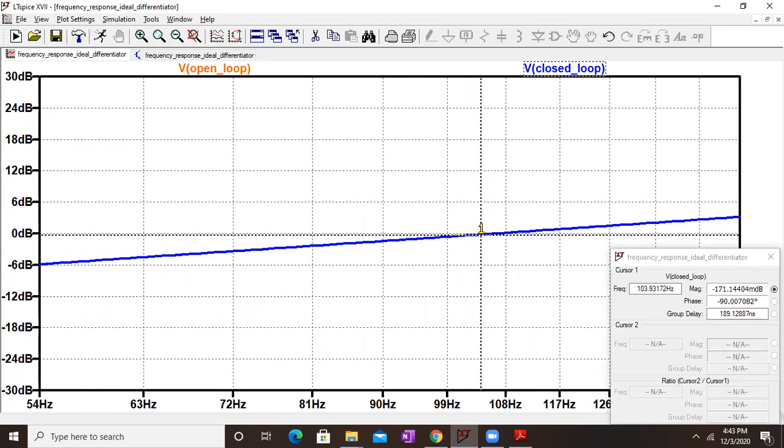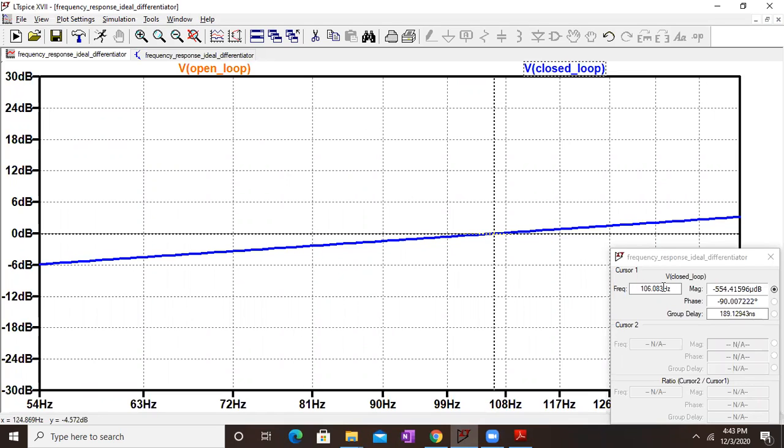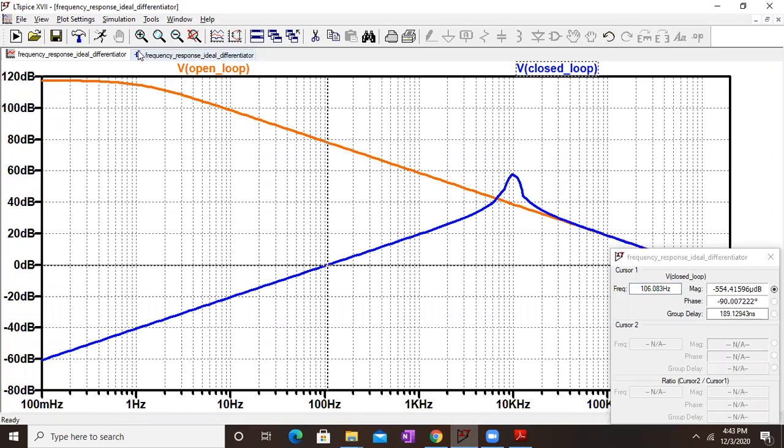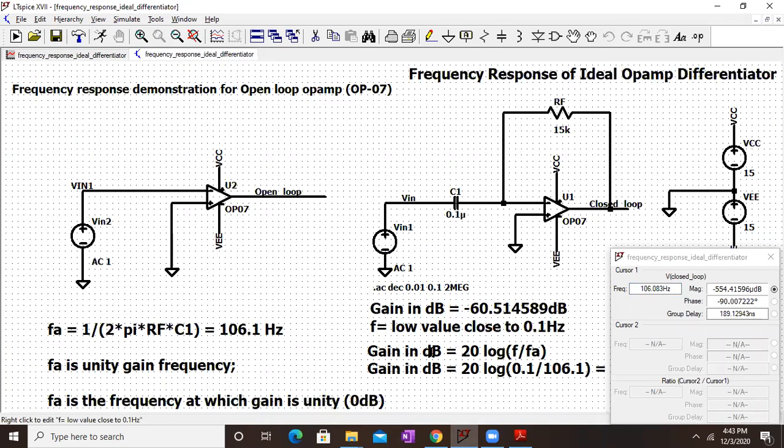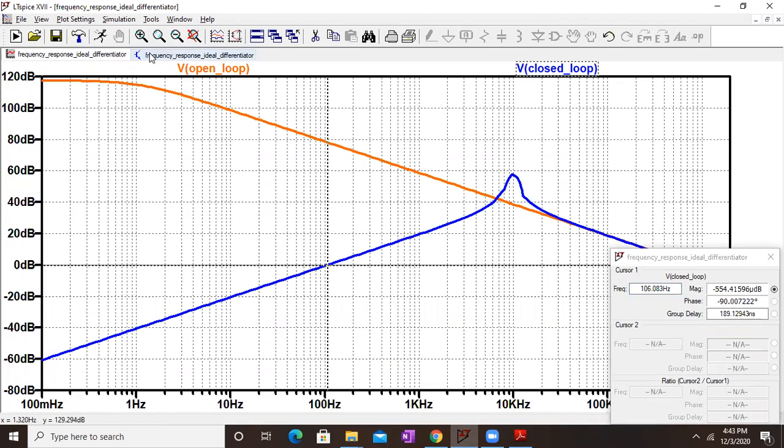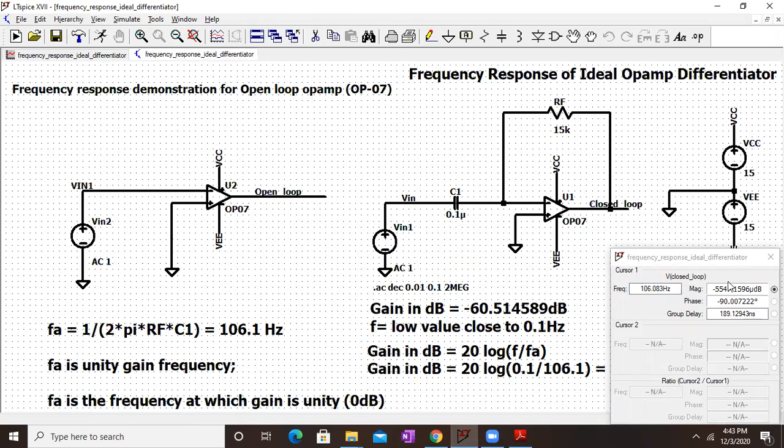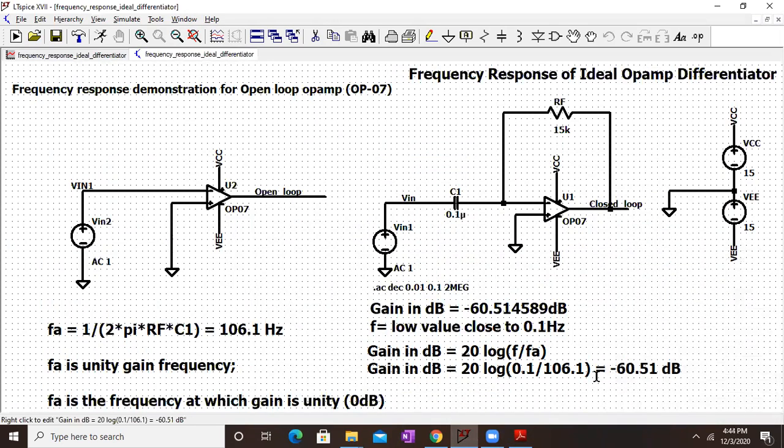So here I can write, very nearby it is. 106.08 hertz is my frequency Fa. And here, what is the gain? Gain in dB is given by 20 log to the base 10 of f upon Fa. Let us check that formula. f we have considered to be 100 millihertz, that is 0.1 hertz, and Fa is 106.1. So 20 log to the base 10 of 0.1 divided by 106.1